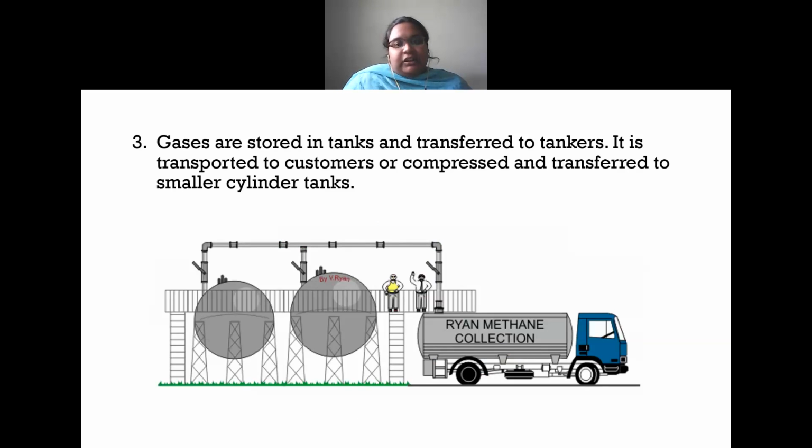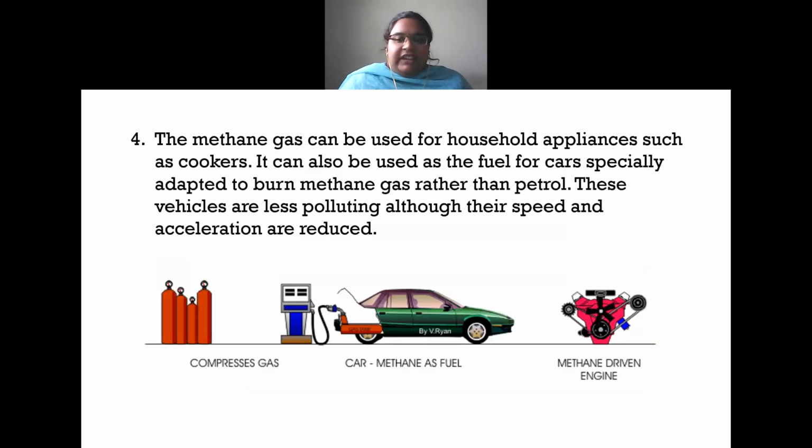Now, gases are stored in tanks and transferred to tankers. They are then transported to customers, or compressed and transferred to smaller cylinder tanks. So we can either give it to the customers directly or store the biogas in smaller cylinder containers. Now, the methane gas can be used for household applications such as cookers. It can also be used as fuel for cars specially adapted to burn methane gas,